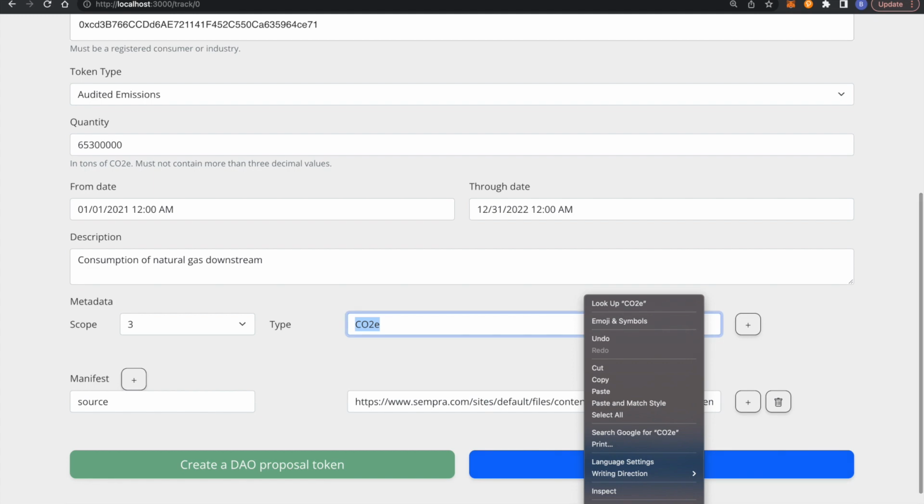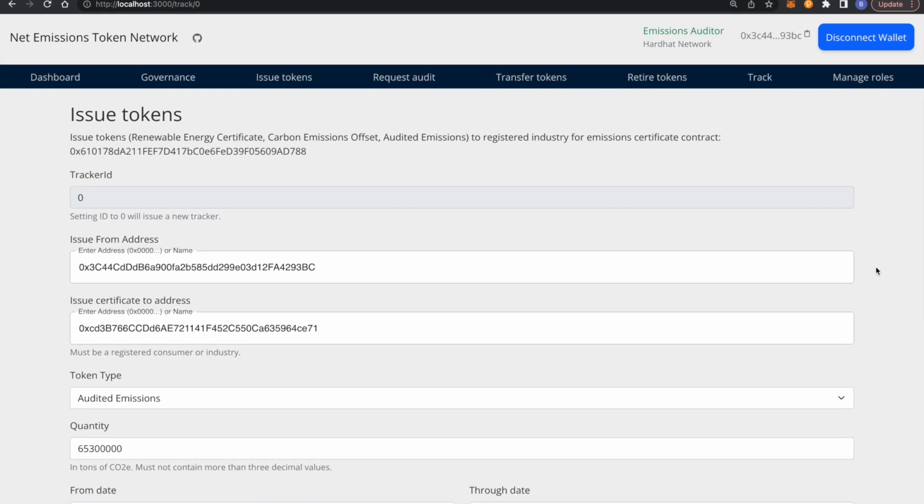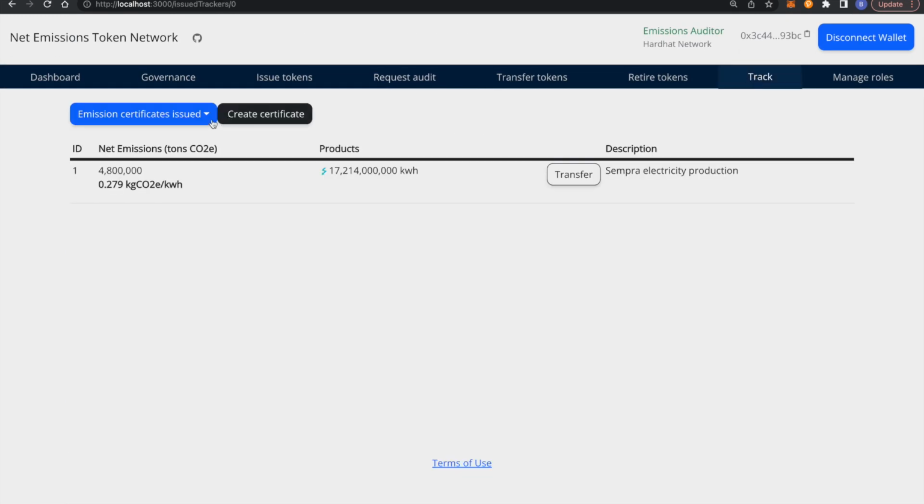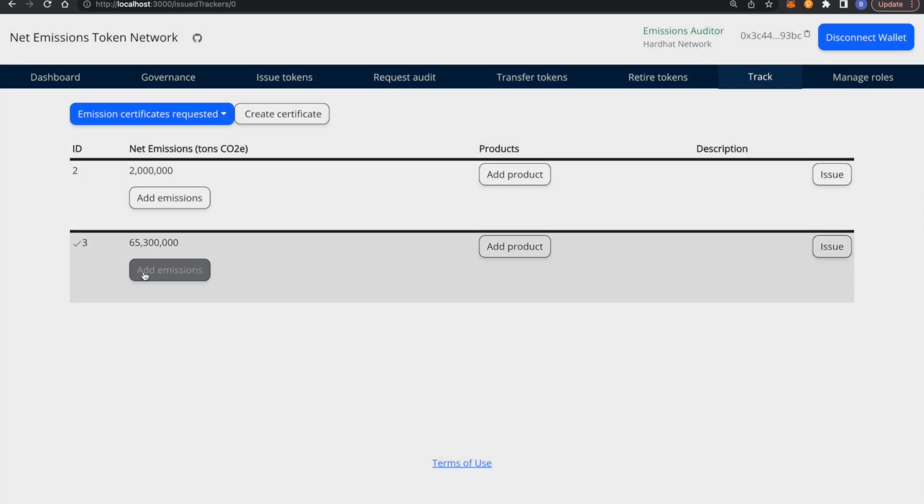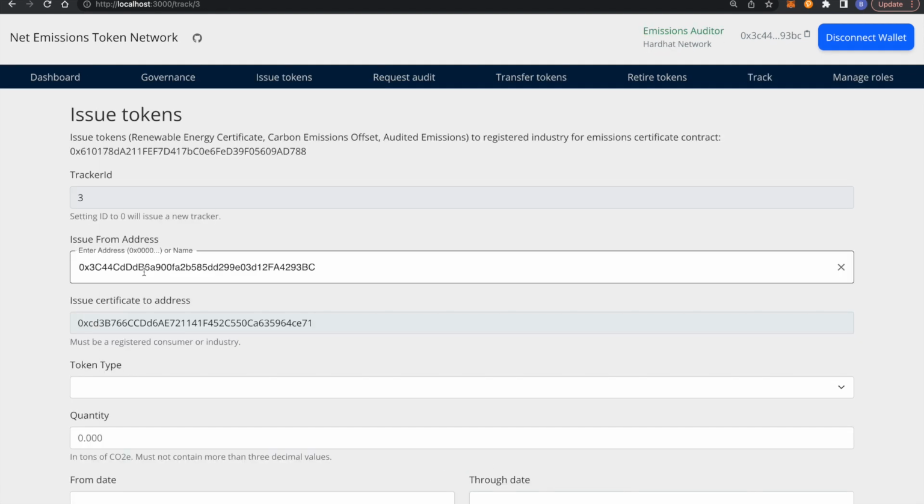So we should now have a new certificate in our requested queue. Okay, I see the issue. We've actually created two separate certificate requests here, one with the fugitive vented emissions and another one with the downstream emissions. So that's a mistake. What I should have done was add the emissions to the new certificate like this,